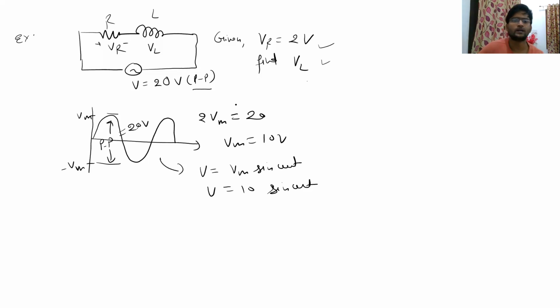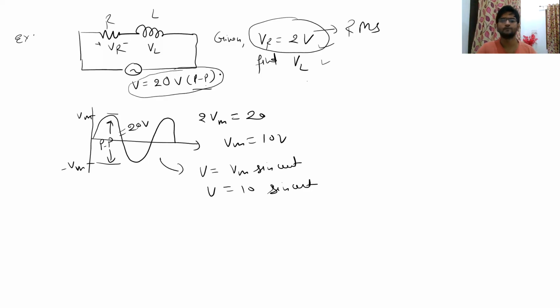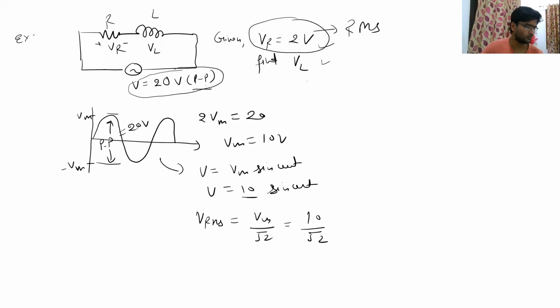As I just told you, if not specifically specified, all the voltages given in a particular circuit are taken as RMS value. So here VR is given as 2 volt. So you will by default take it as RMS value. And since here it is specifically specified that it is peak to peak voltage, you have to calculate the RMS value for it. So the Vm is given. For a sinusoidal wave, what is VRMS? VRMS is nothing but Vm upon under root 2. So it will be 10 by under root 2, right? So this is your VRMS value.